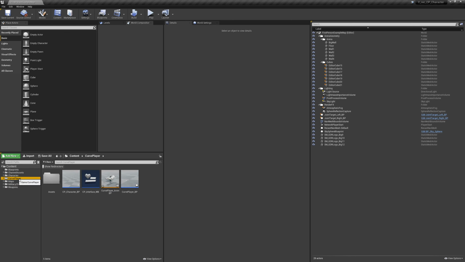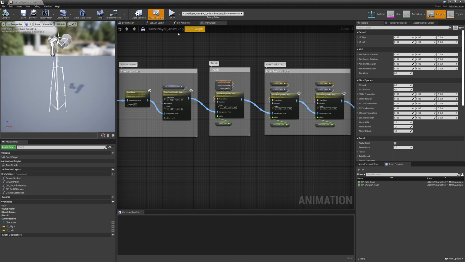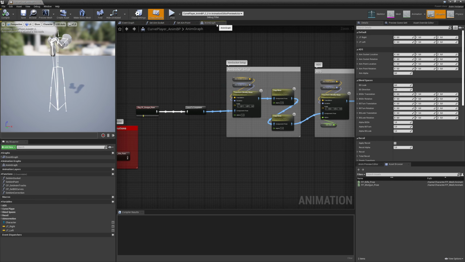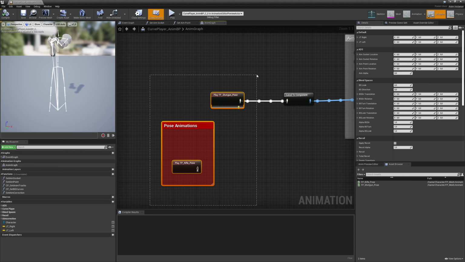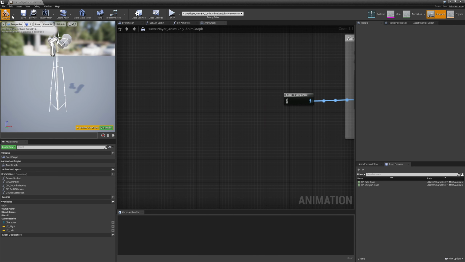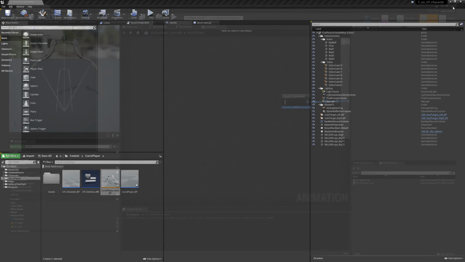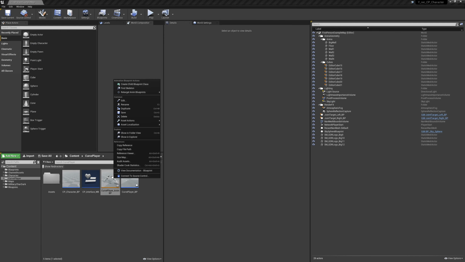And now I'm gonna set it up to use that character. So the first thing I need to do is open up the animation blueprint for the CurvePlayer. And if I go to the anim graph, over here we have the pose animations. I'm gonna delete them and then compile and save it, get rid of it, and then I'm gonna retarget it